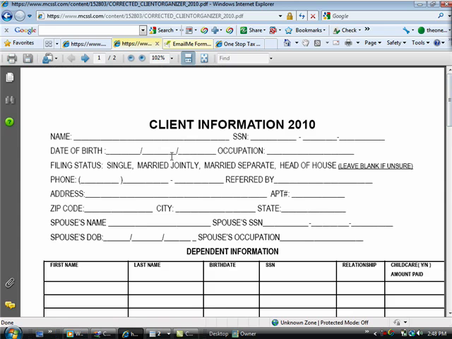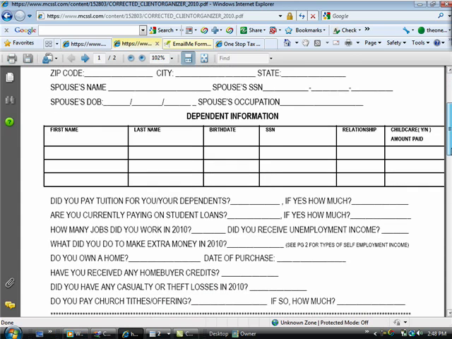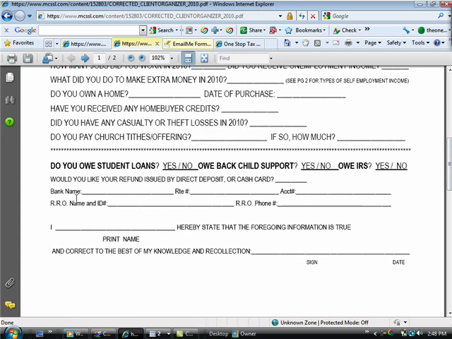Just the basic information as you see it on this form. Enter it in, all of the dependents information. Remember, you're going to need that checklist to verify that these people are who they say they are. And the main important thing is